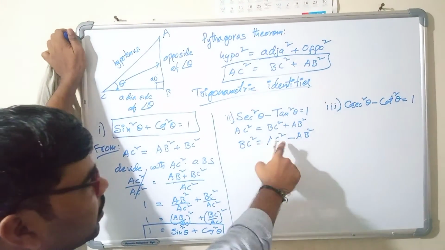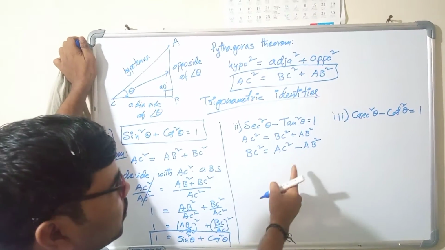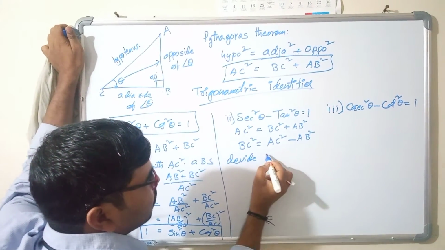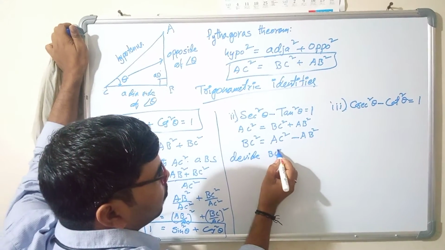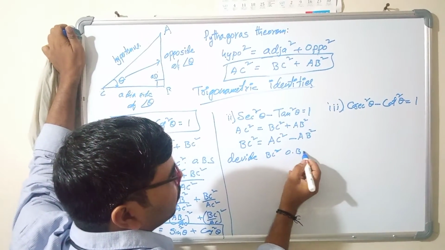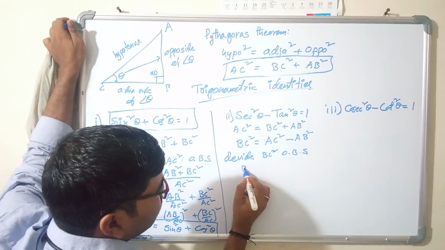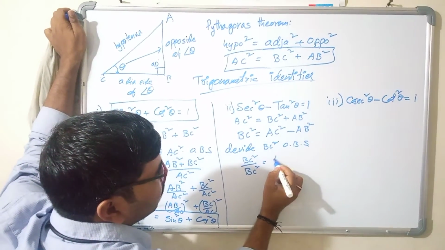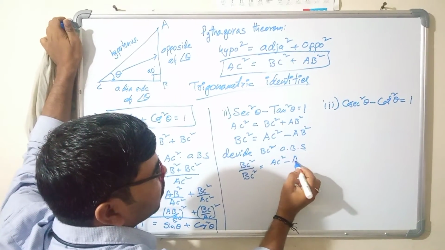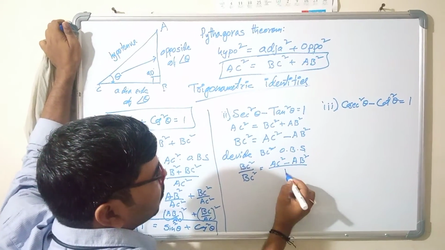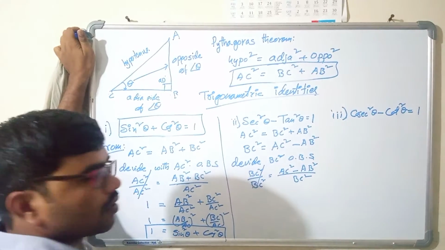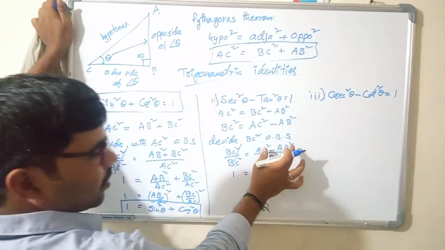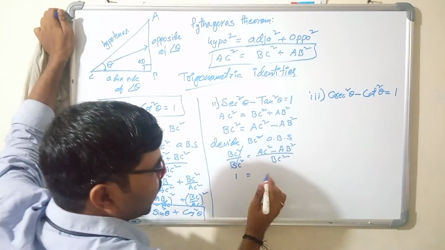Divide both sides by BC square. Then BC square by BC square, that equal to AC square minus AB square by BC square. Here BC square gets cancelled, remaining 1, that equal to, if we split these two fractions,